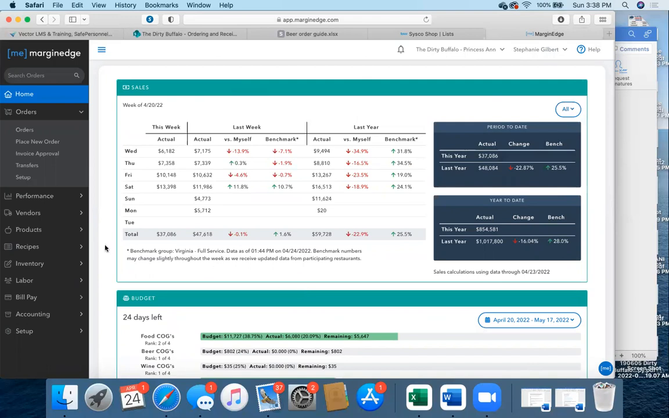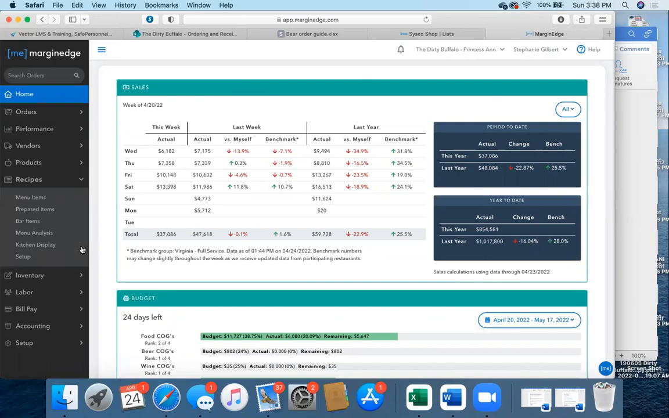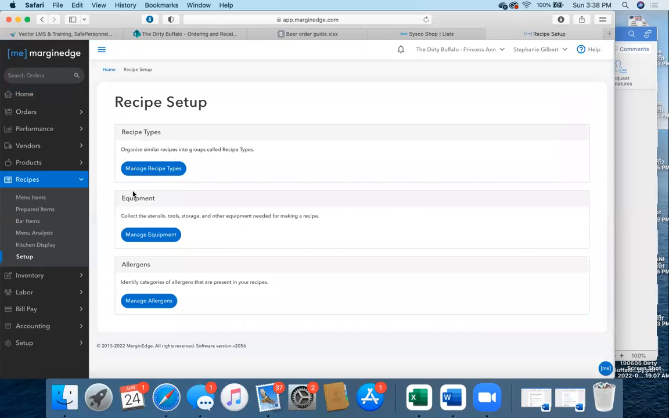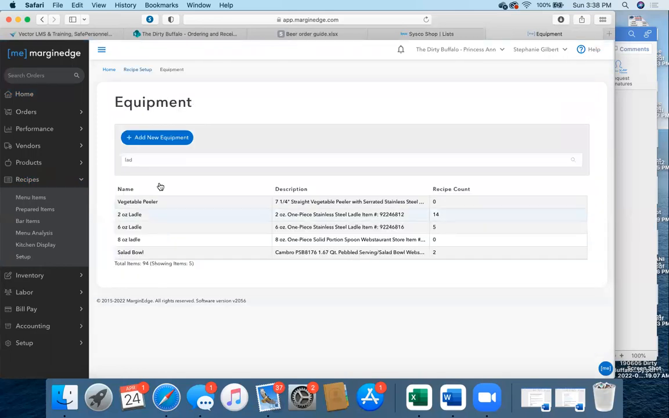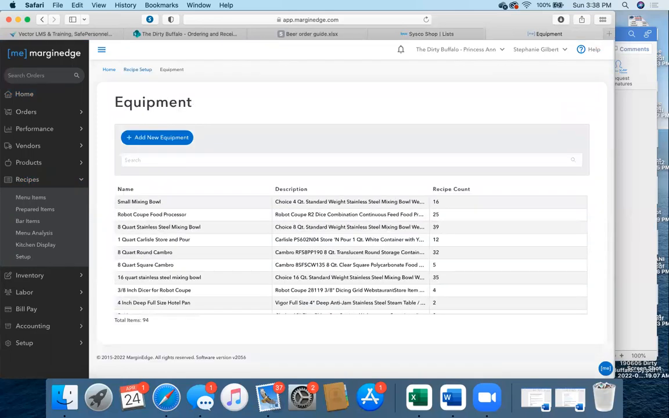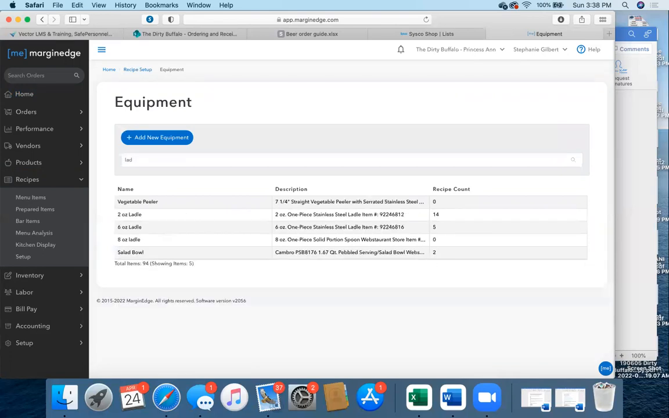You can go over here in the margin and click on recipes, click on setup, click on manage equipment, and you can search for any item here. So say you need ladles. You need a 2-ounce ladle. What 2-ounce ladle am I supposed to purchase? It'll tell you right here that you want the 2-ounce one-piece stainless steel ladle with item number 922-46882. If you click on this,